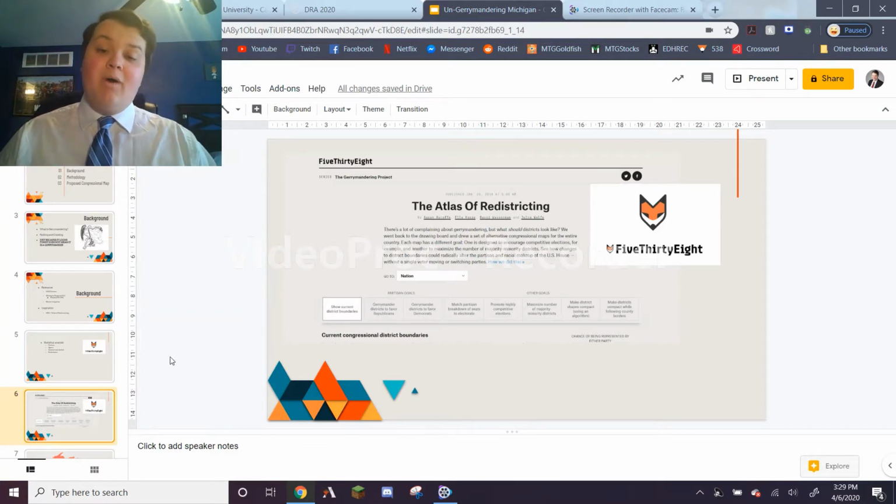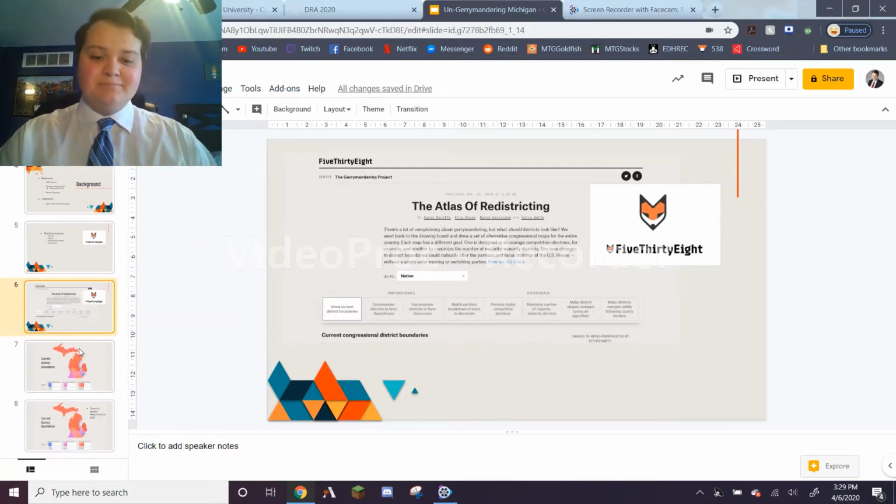of gerrymandering, showing what gerrymandering and unfair redistricting looks like, or what fair redistricting looks like for all 50 states across the country. You can look at the entire country, you can look at all 50 specific states, but I'm focusing just on Michigan for the purposes of this project. Now, as you can see in this bar here, there are a number of different methods that they took. Let's talk about each of them individually.